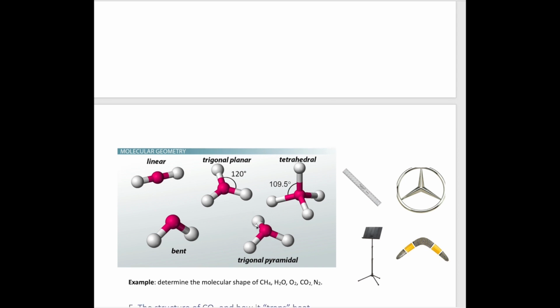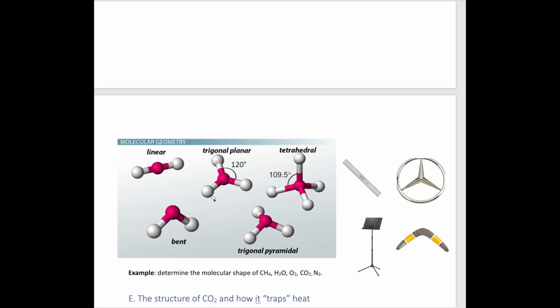As you can see, this one is really just this structure with that top one taken out. The reason we take it out is because now that's just a lone pair, so it's just part of that pink atom. And then if we take another one out, then it just becomes the bent structure. Okay, so that's the VSEPR geometry for both the basic shape as well as the molecular geometry of different types